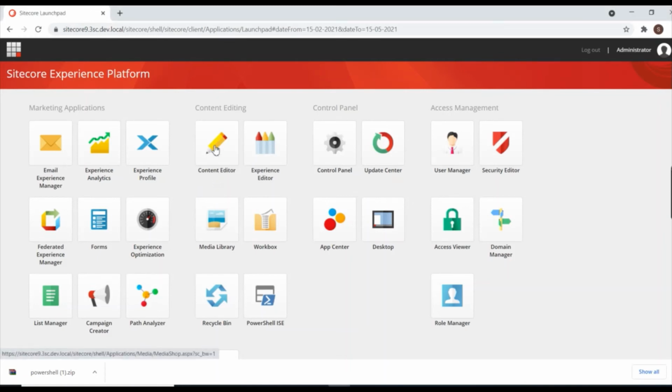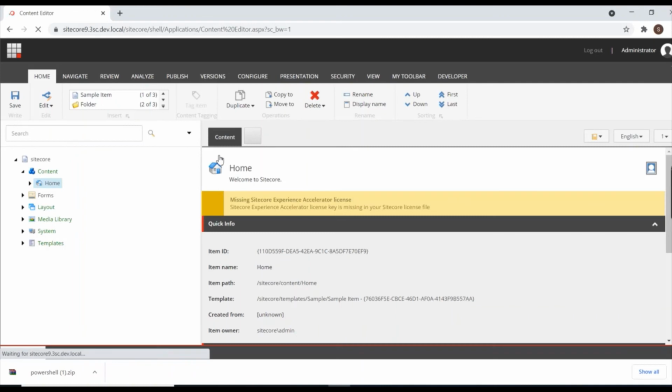It's loading now. Now see the home item search.